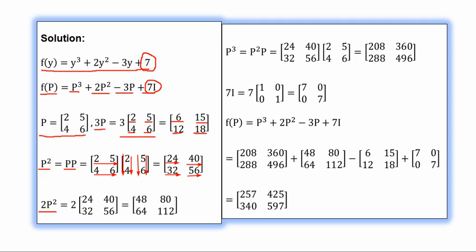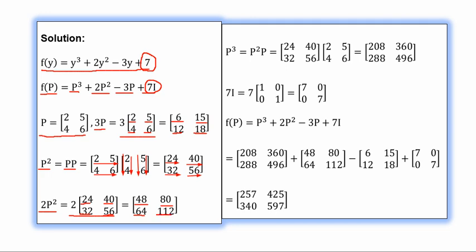Then we look for 2P squared. Multiply matrix P squared by 2. That is also scalar multiplication. You multiply each entry of P squared by 2. So you multiply 24 by 2, you have 48. Multiply 40 by 2, you have 80. Multiply 32 by 2, you have 64. Multiply 56 by 2, you have